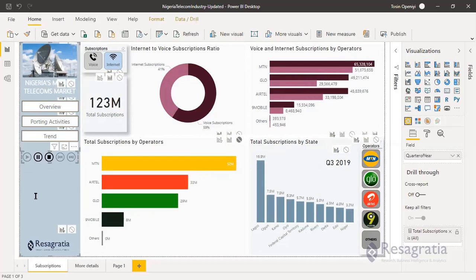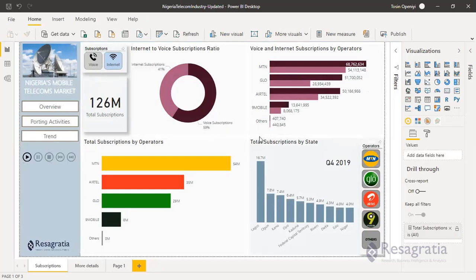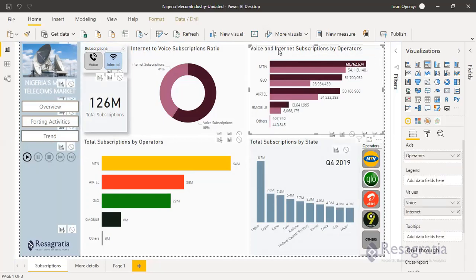So like we established, that card visual at the bottom right should be placed on that panel, don't you think? The card visual at the bottom right, the one that is showing Q4 2019. It should be placed at the panel, somewhere around where you're playing it from. No, I'm saying that Q4 2019. Yeah, it should be here.